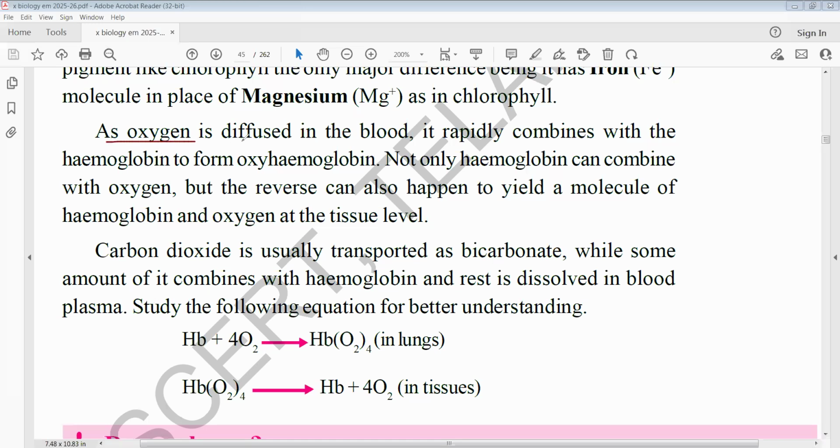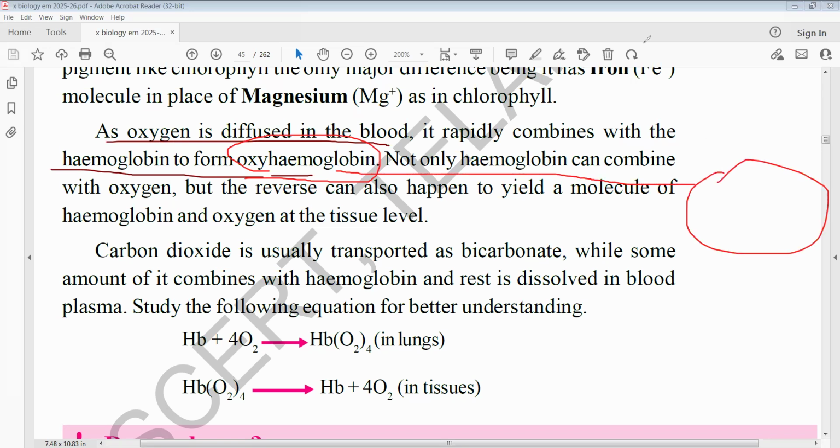So, as oxygen diffuses into the blood, it rapidly combines with hemoglobin. It forms oxyhemoglobin. This sentence is very, very important. Hemoglobin bound with oxygen is what we call oxyhemoglobin. Another important point: when oxyhemoglobin is carrying the oxygen and reaches the cell,